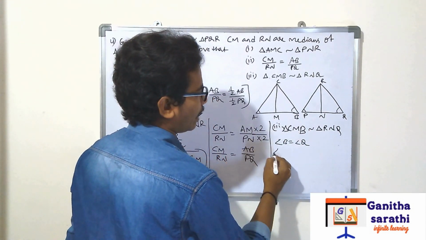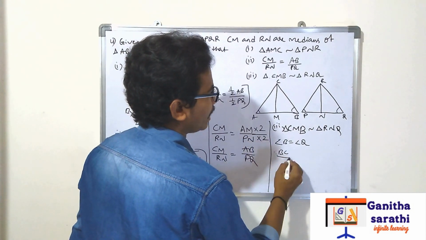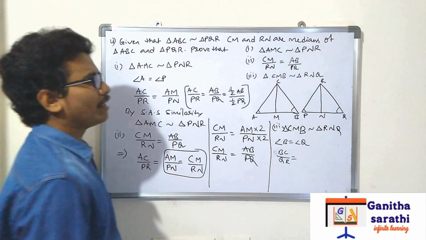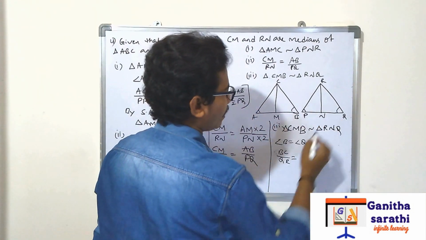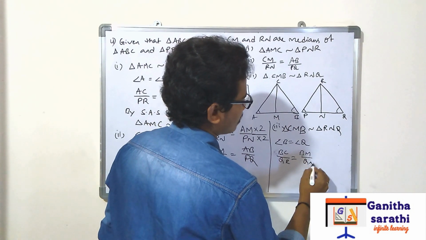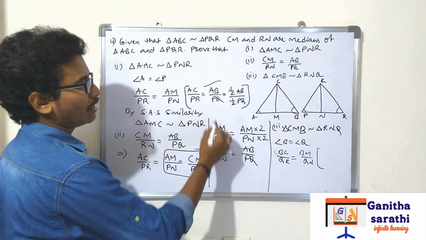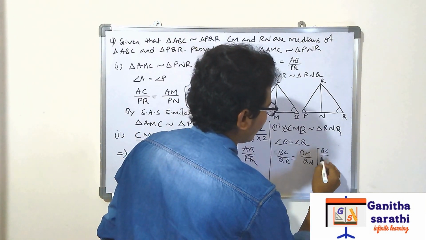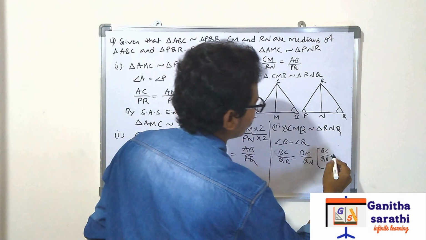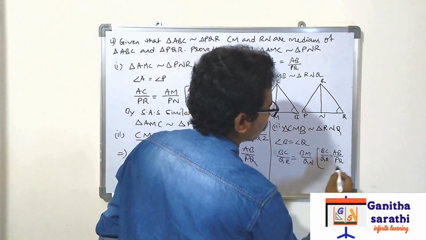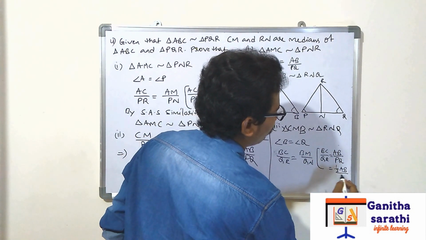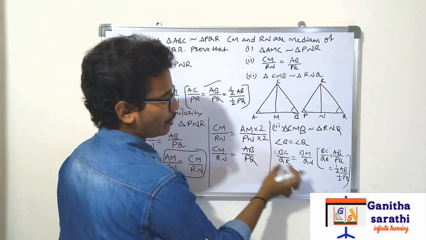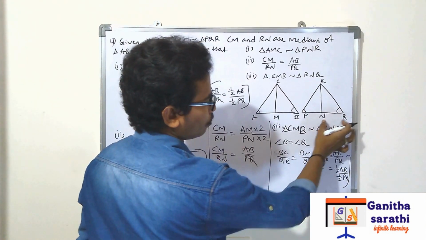That is given. And BC by QR is equal to, can we write, BM by QN? Yes, already I have given the first condition like this only: AC by PR is AB by PQ. In the same way, BC by QR is equal to AB by PQ, half into AB by half into PQ. Half into AB means you can write MB or BM. Next, half into PQ means you can write NQ or QN.